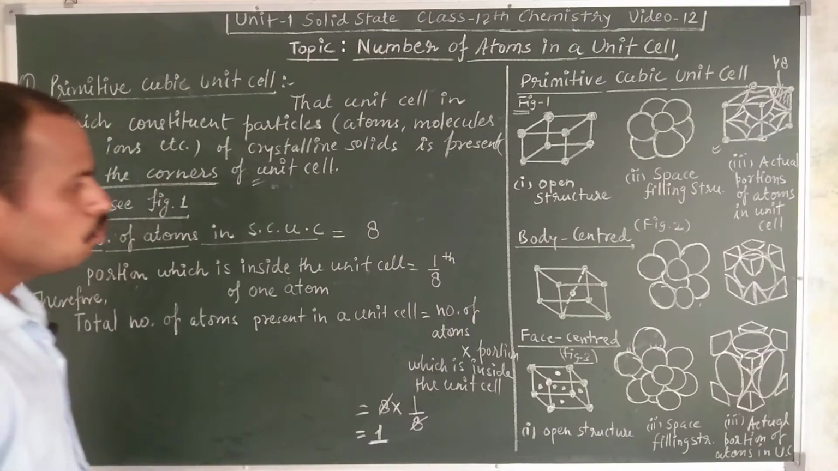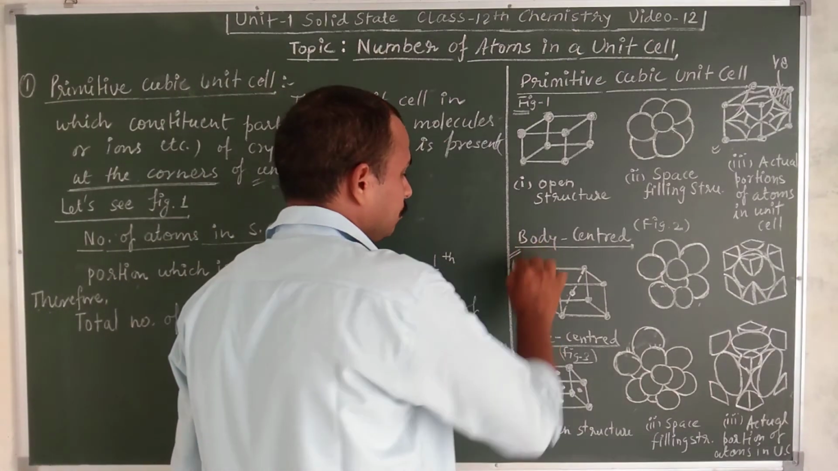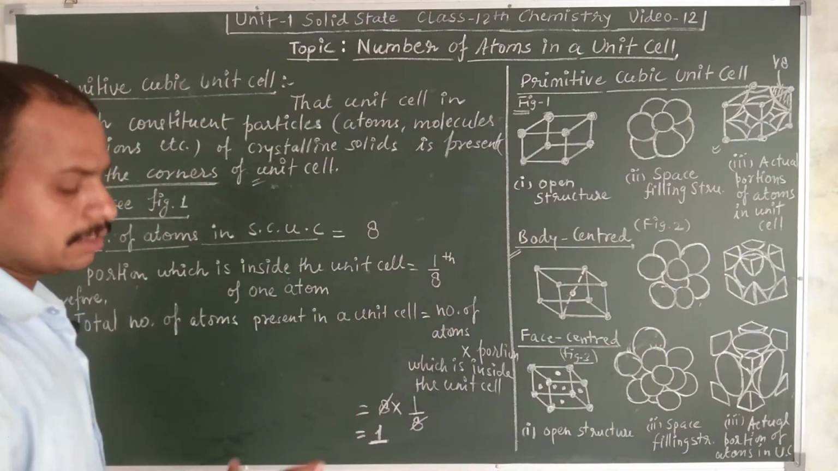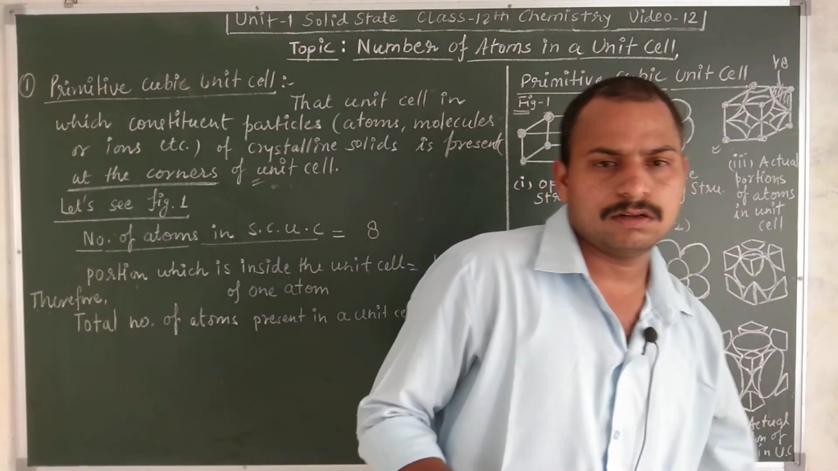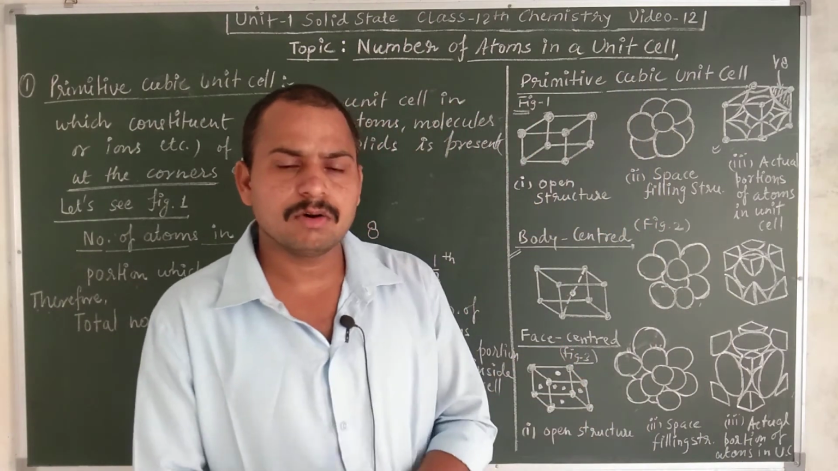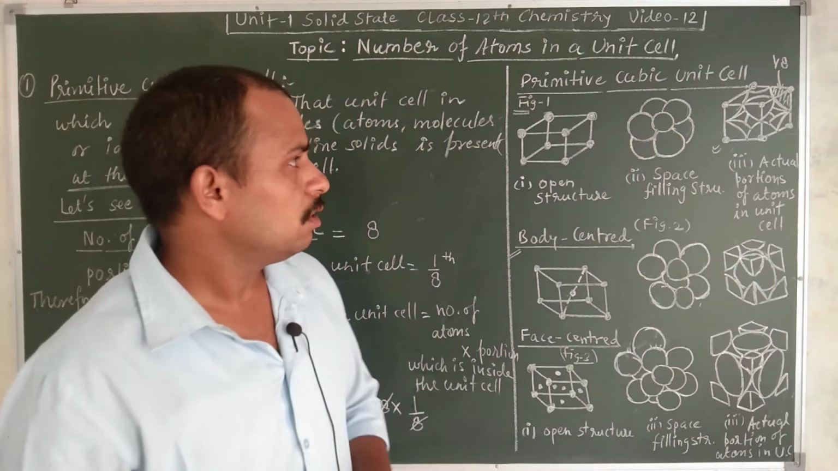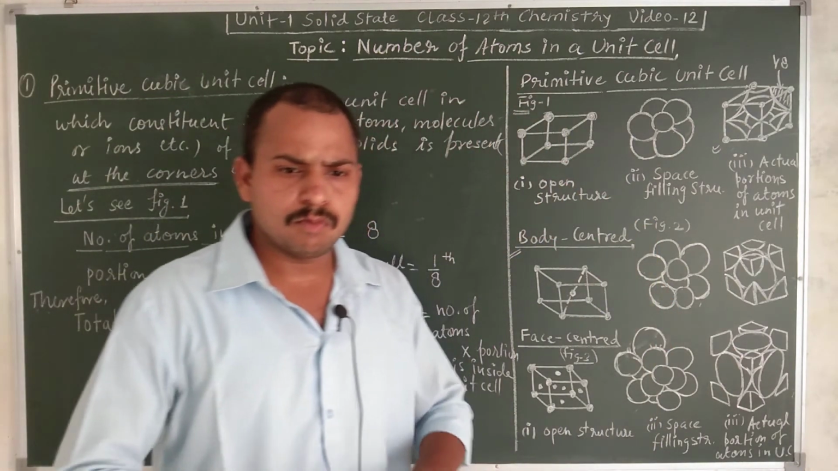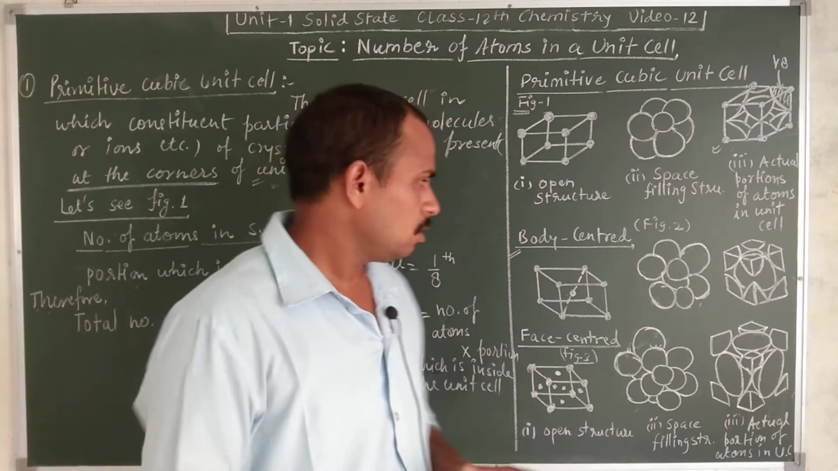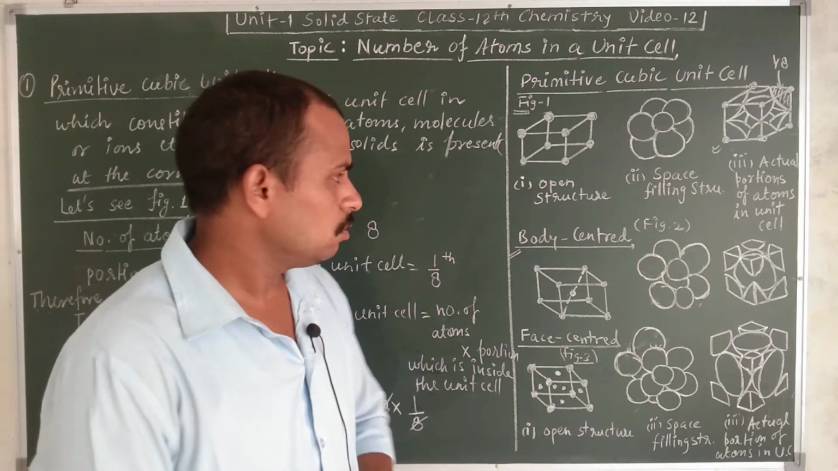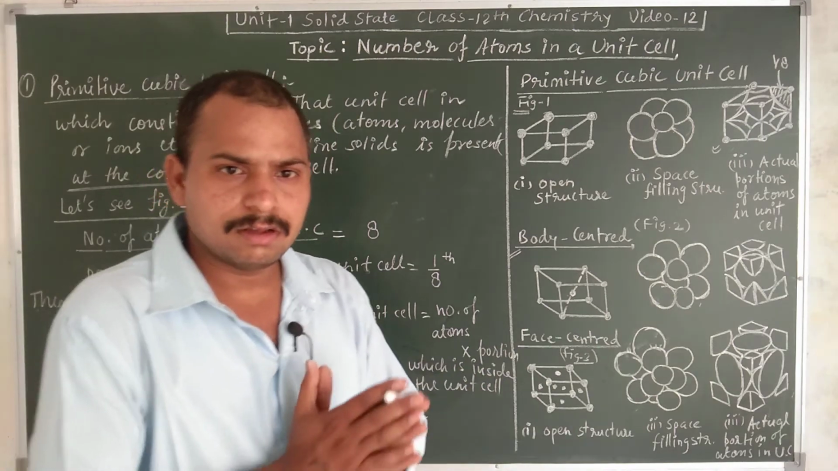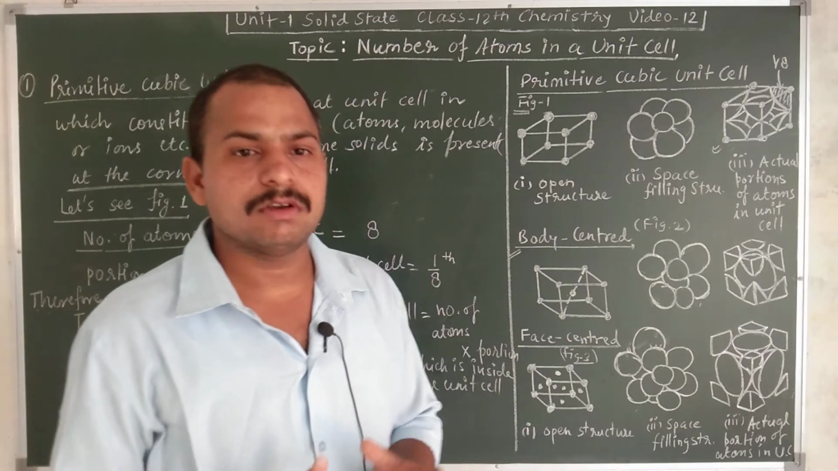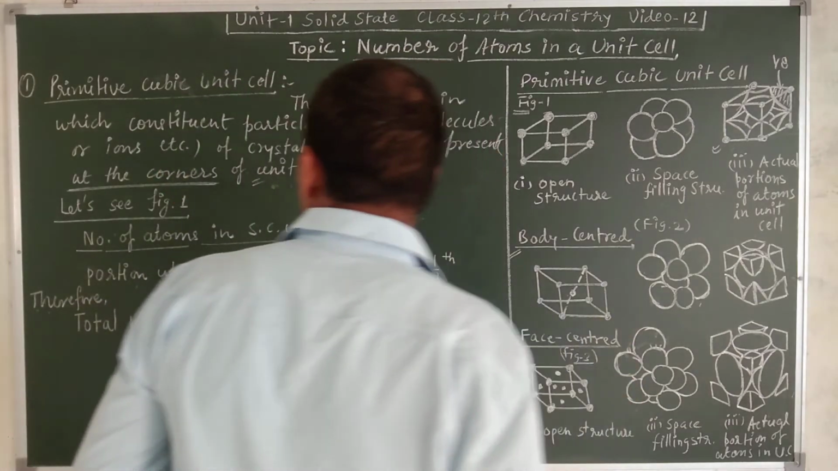So now move on to the body centered unit cell. Actually this whole chapter depends on imaginary power. If you have more imaginary power, you will get it. You can easily tackle this chapter if you have a very strong imaginary power. So now move on. Second,